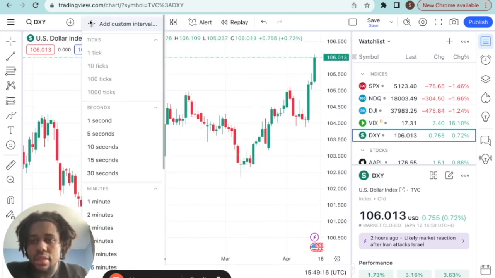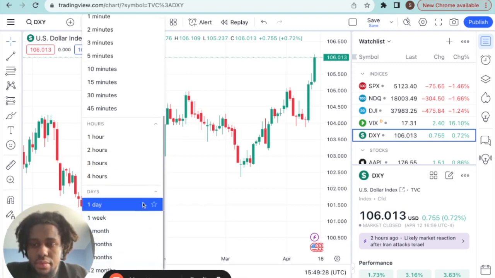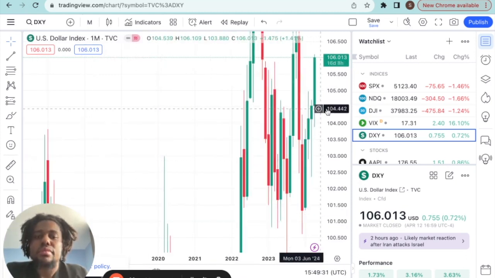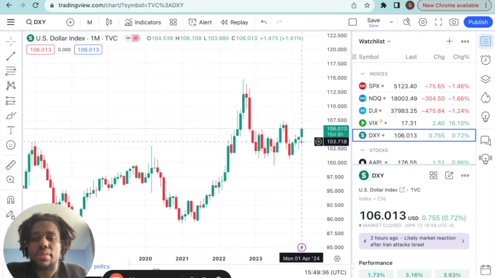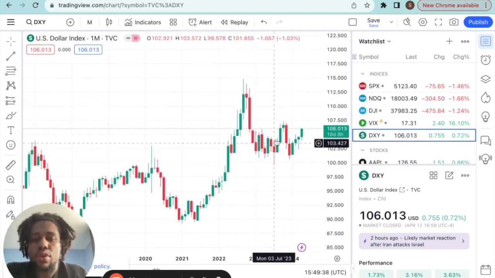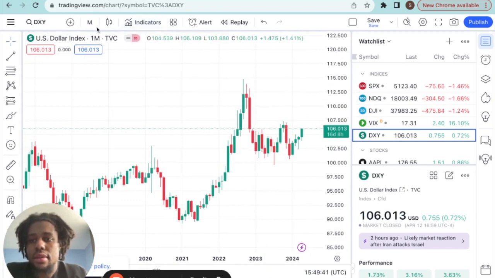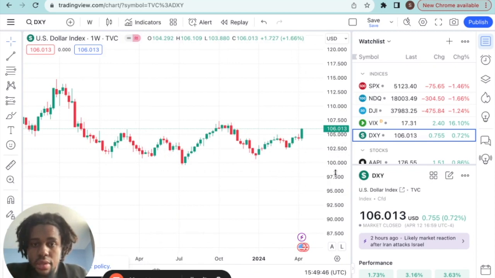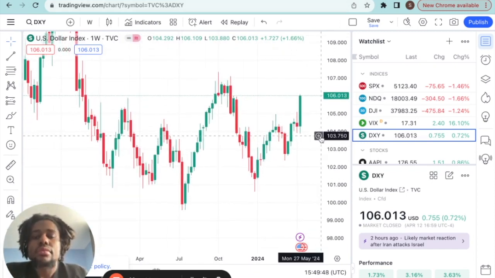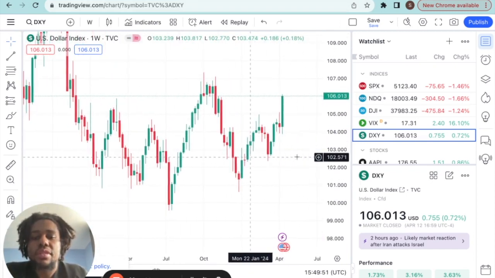So what we see here is if we just start on the monthly time frame, we see that we're in this long-term consolidation here, and we're approaching this drawn liquidity up here. If we drop down into the weekly time frame, you can see that price has been respecting